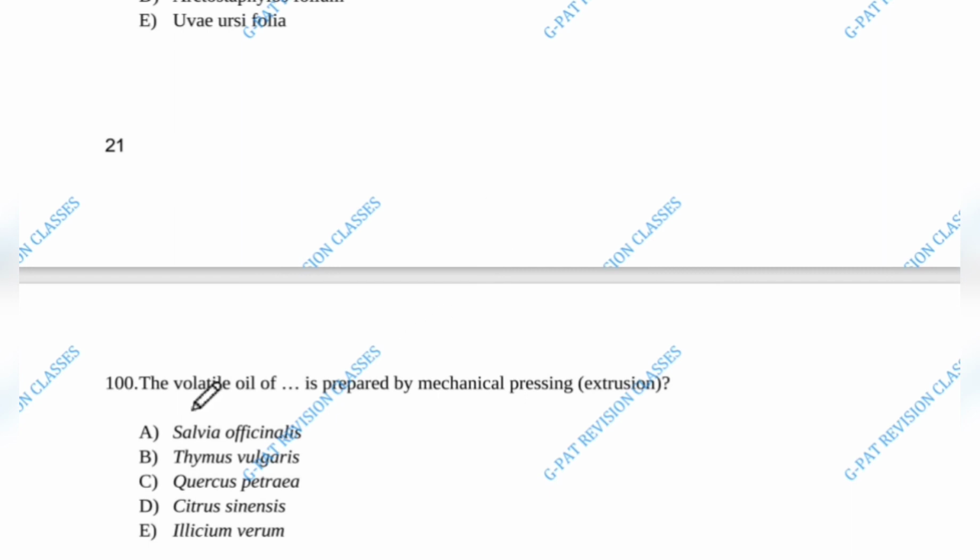The volatile oil of Citrus sinensis is prepared by mechanical pressing, extrusion. Okay, next is